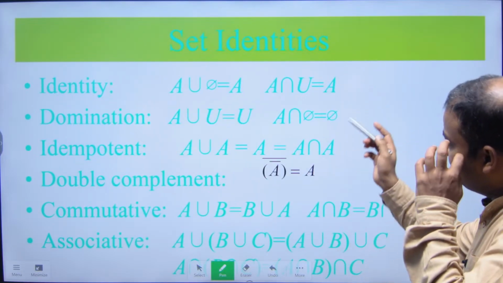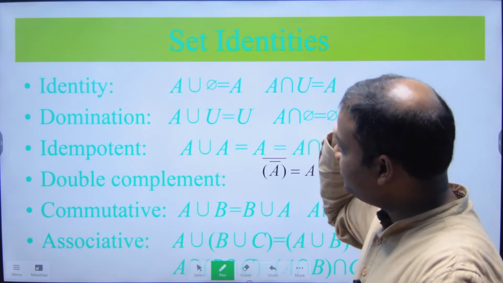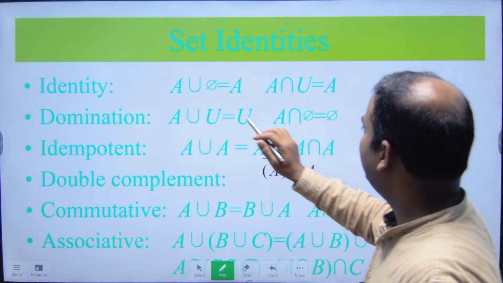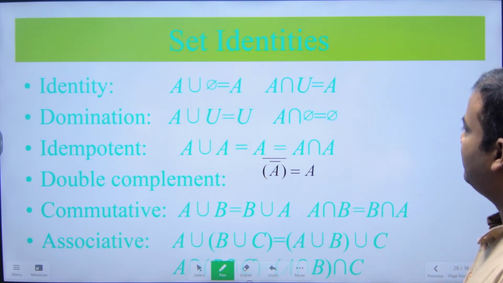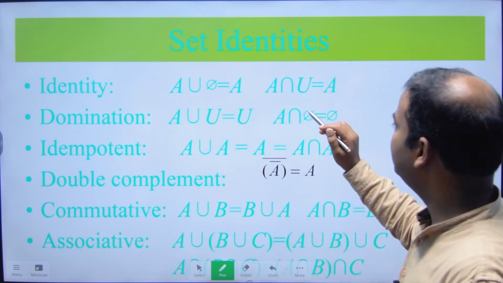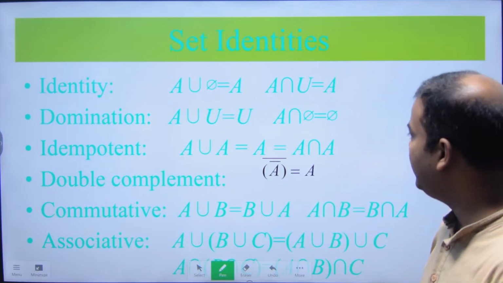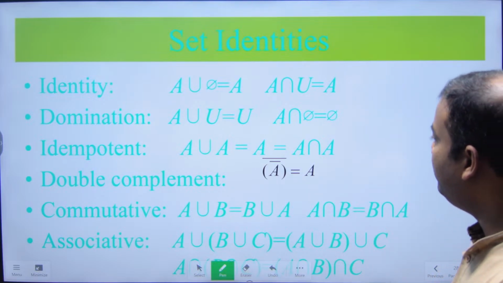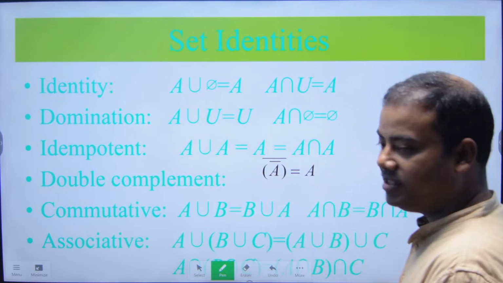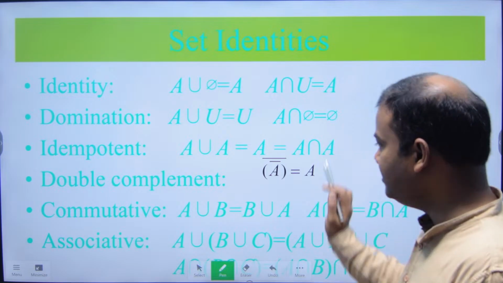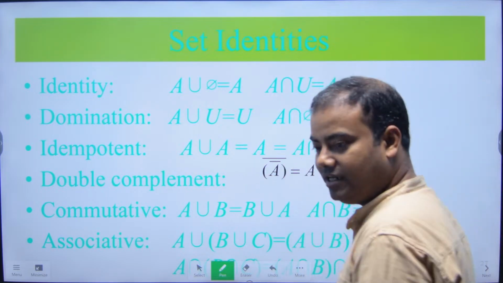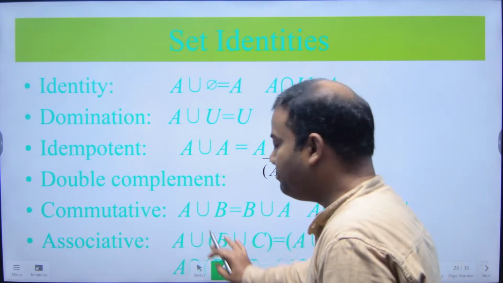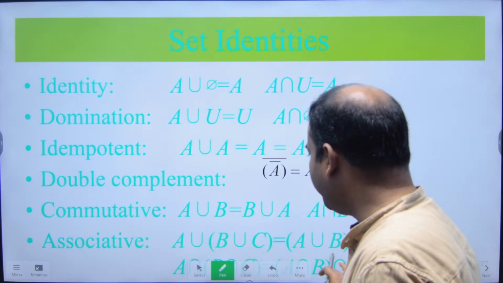Now set identities, some identities which are same in discrete maths, which we have not covered. So you can see here, if you do union with phi, that is A, okay. Similarly this union with universal set is always this, intersection with phi is phi. Idempotent law means with same you are doing intersection or union. Double complement, that will give commutative. Associative,